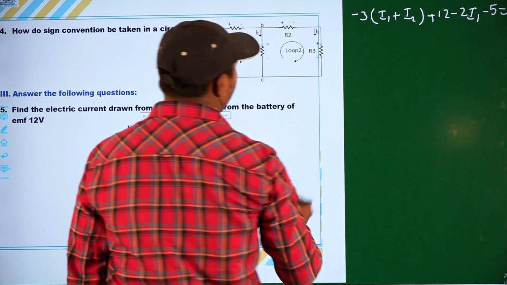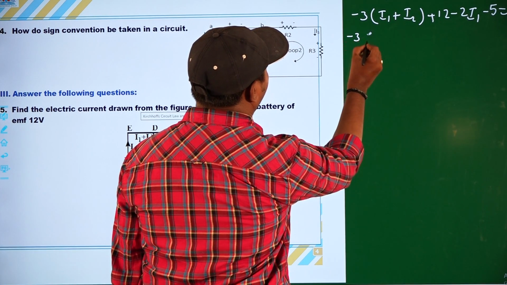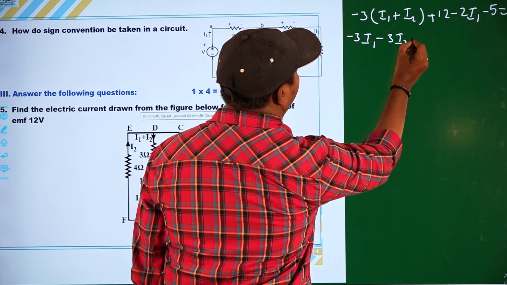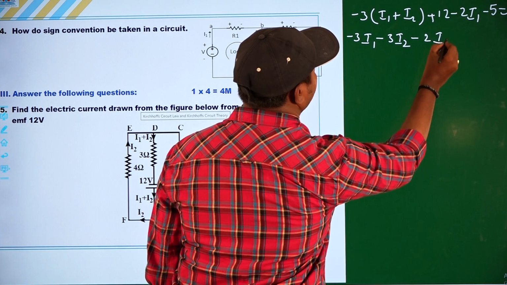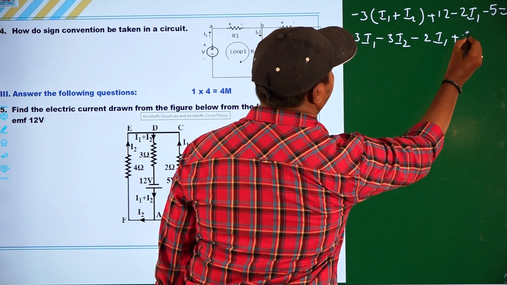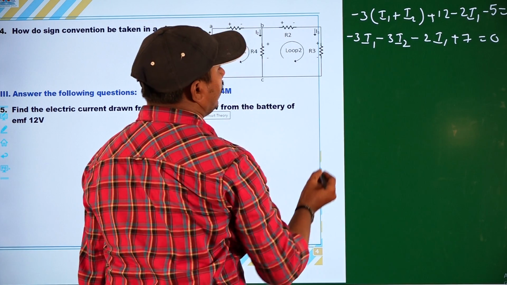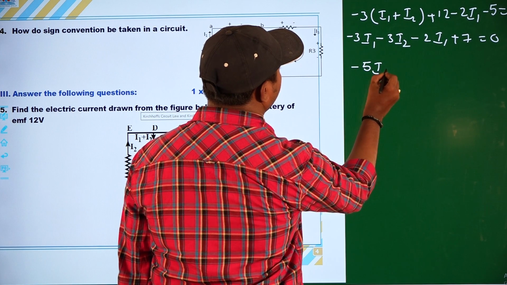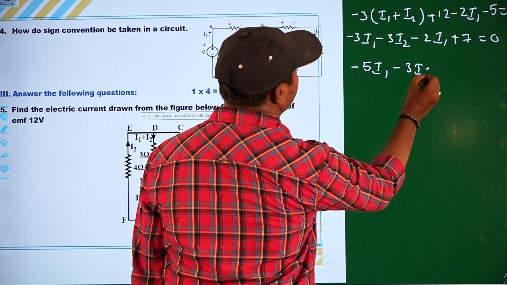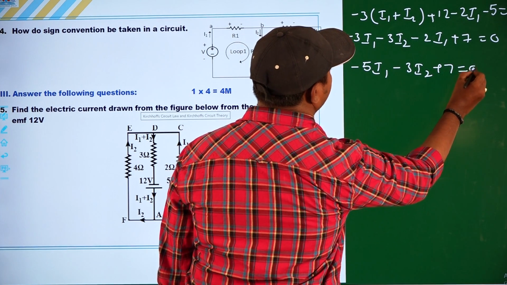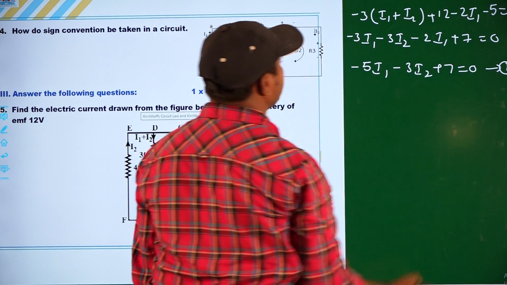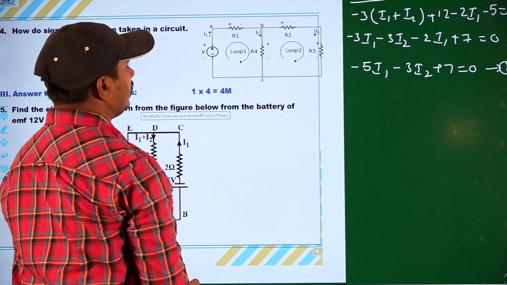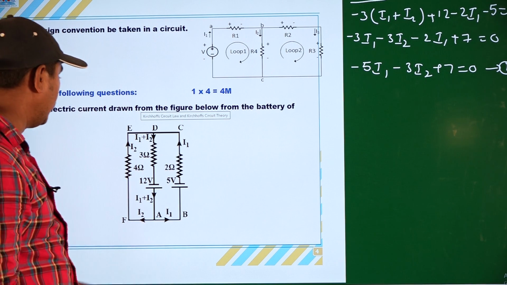Solve this by multiplying: -3I1 minus 3I2 minus 2I1, 12 minus 5 is plus 7, equal to 0. Here, -5I1 minus 3I2 plus 7 is equal to 0. This is equation 1, according to the loop DABCD. Next, coming to another loop here, that loop is